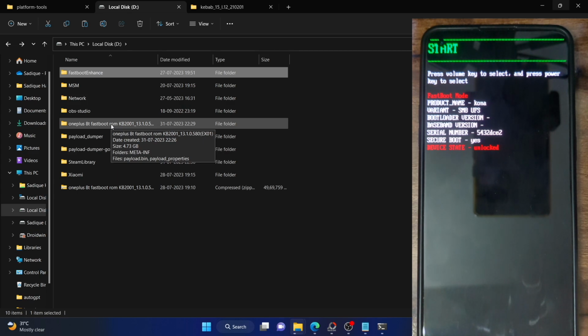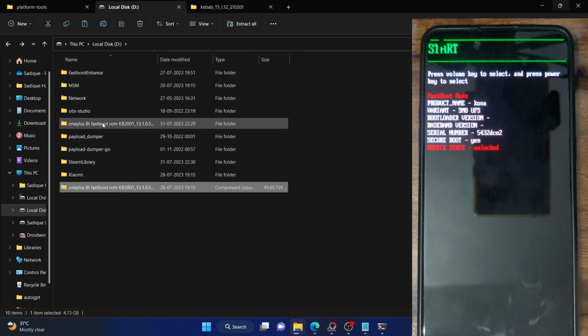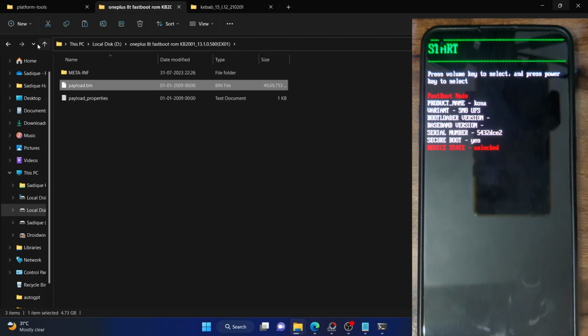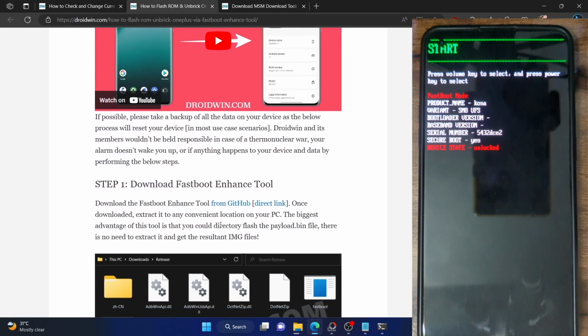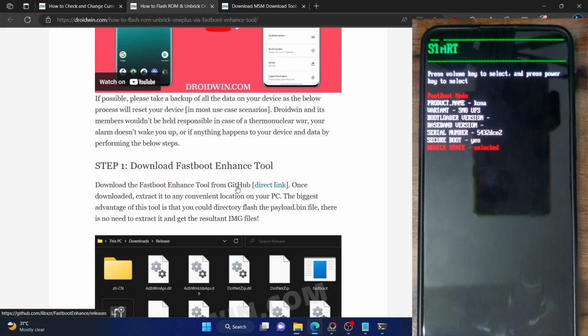While it's recommended to use the same firmware which was installed on your phone, even if you don't have the exact same firmware, that might not be a cause of concern. But still, I will recommend you to at least use the same Android version. For instance, if your phone was stuck in a boot loop in Android 13, OxygenOS 13, then please use the OxygenOS 13 firmware itself. Download the ROM and you will get a zip file, extract it anywhere on your PC, then copy the payload.bin file from here and paste it inside the Fastboot Enhance folder. Once again, you could download the tool from here. It's an open source tool. You could download it from my guide and the official GitHub link is given here.